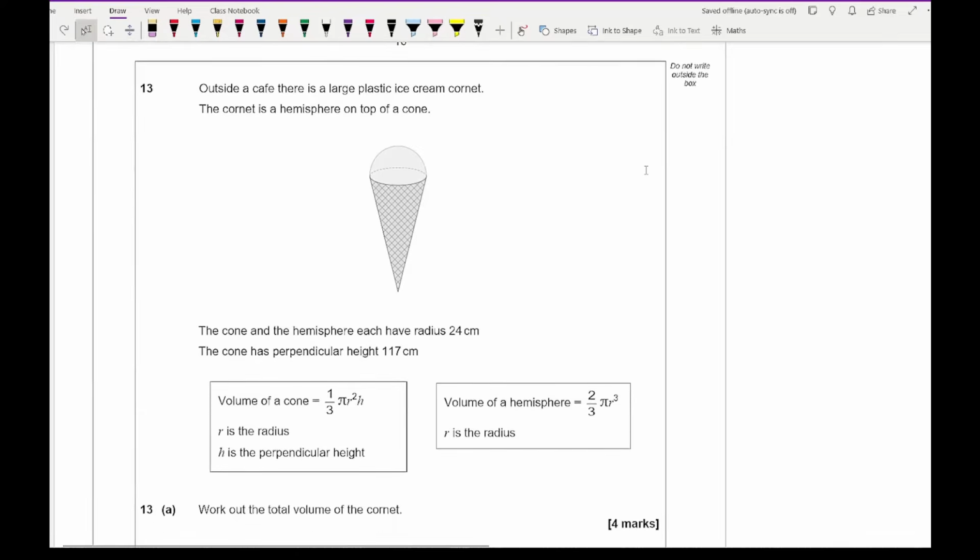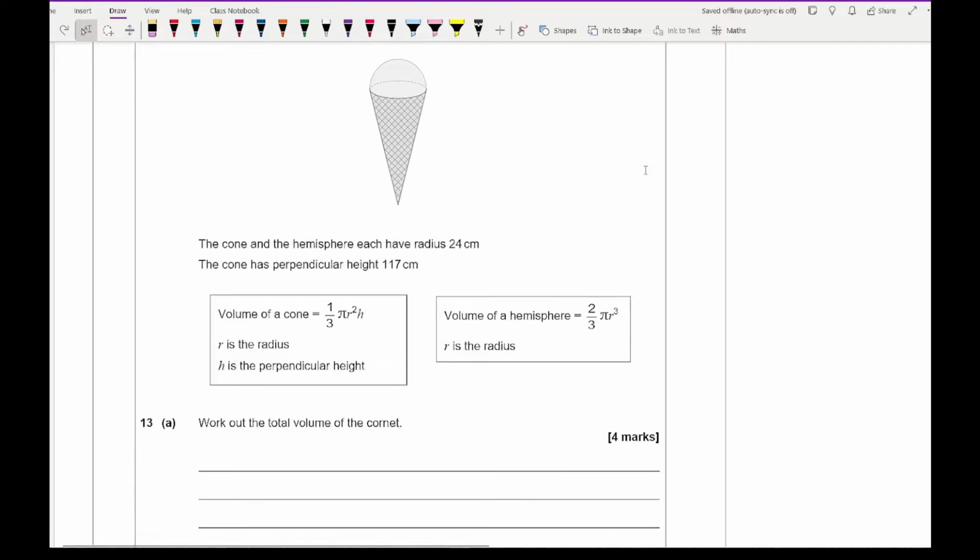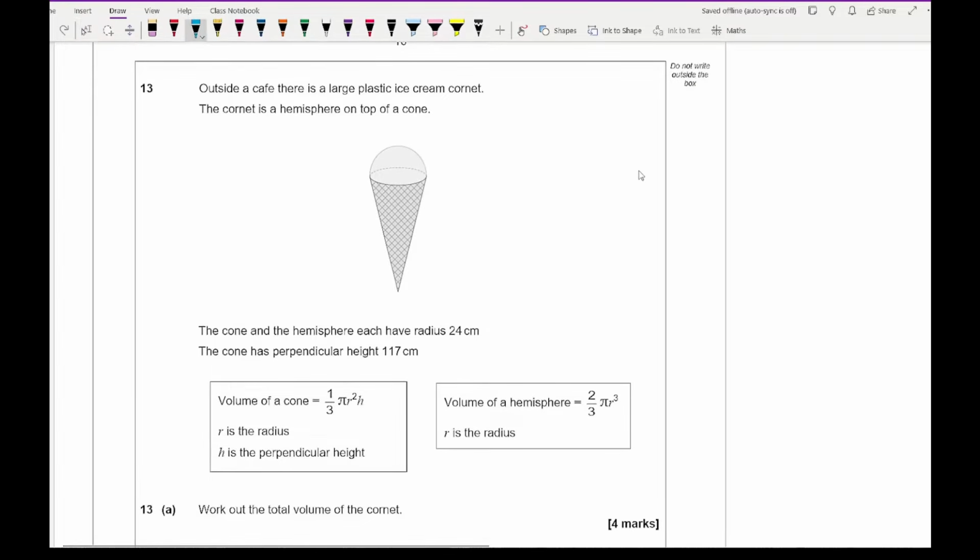Moving on to question 13, it says outside a cafe there is a large plastic ice cream cornet. The cornet is a hemisphere on top of a cone. The cone and the hemisphere each have a radius of 24 centimeters, and the cone has a perpendicular height of 117 centimeters. I've got my two formulas, and the question is asking me to work out the total volume of the cornet. So let's first work out the volume of the cone. So again, using this bit of information, we've got a third times pi times 24 squared times